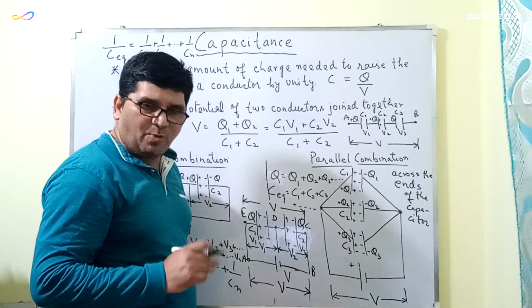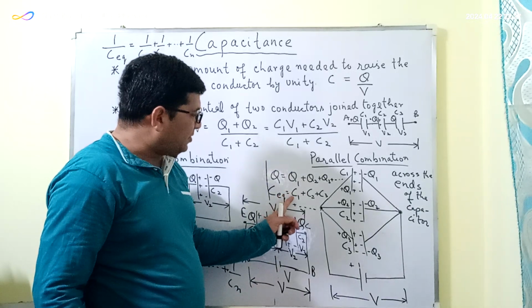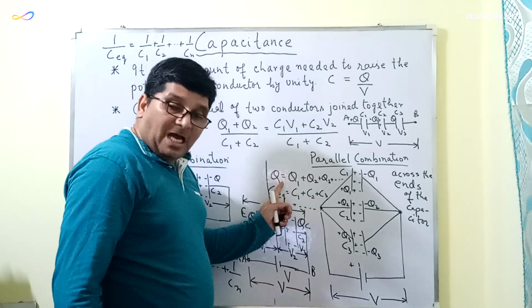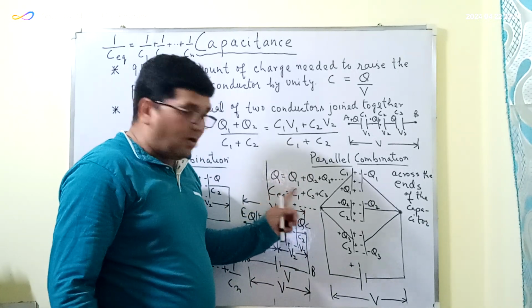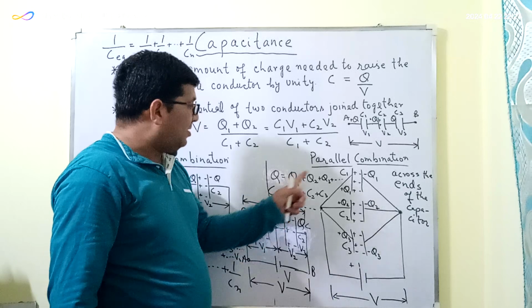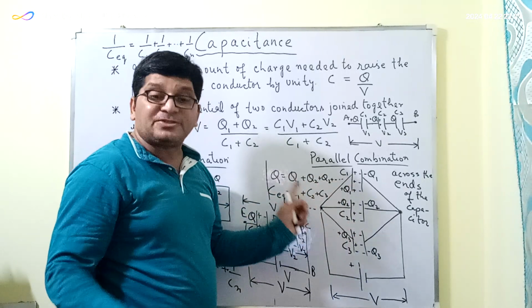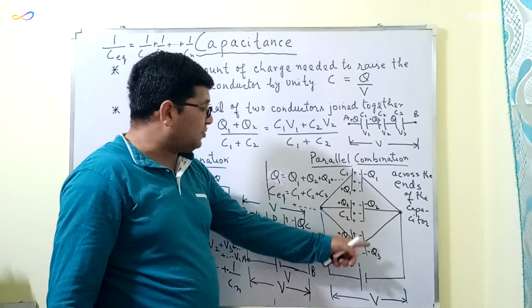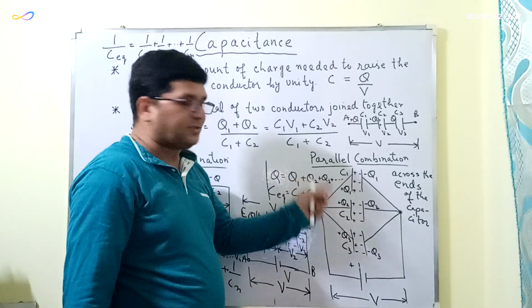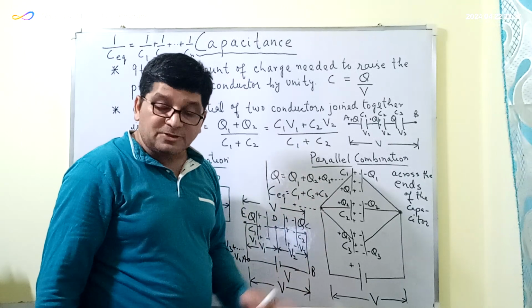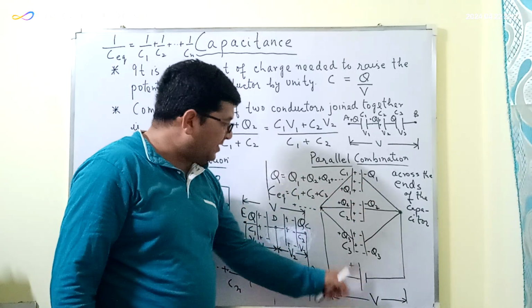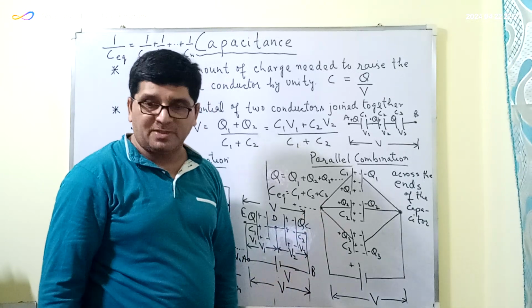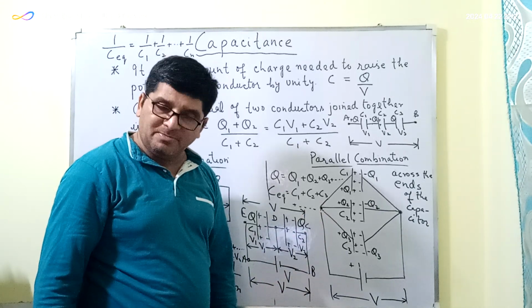सो यहाँ पे तीन इंपॉर्टेंट पॉइंट है. Equivalent capacitance is equal to C1 plus C2 plus C3 and so on up to Cn. चार्ज क्या हो जाएगा? The total charge of this parallel combination will be equal to the charge on, it will be the sum of the charge on individual capacitors. इस पे Q1 है प्लस Q2 है Q3, तो यहाँ पर हो गया Q1 प्लस Q2 प्लस Q3. Third important point, the potential difference across all the capacitors will remain the same in the parallel combination. समझ में आ गया?